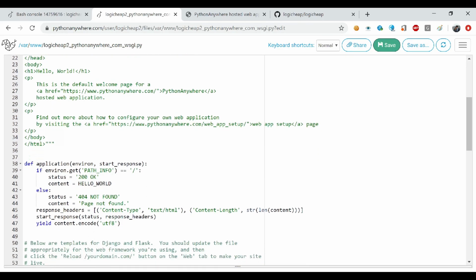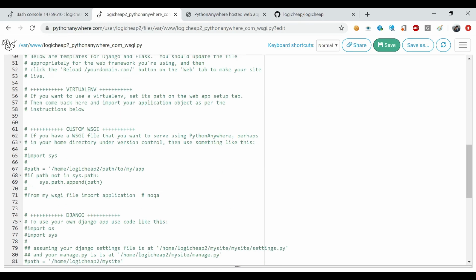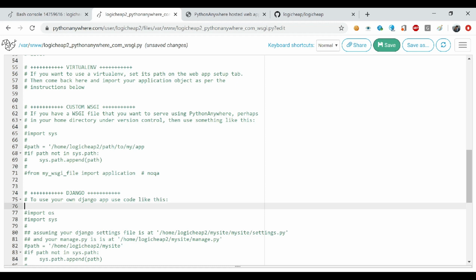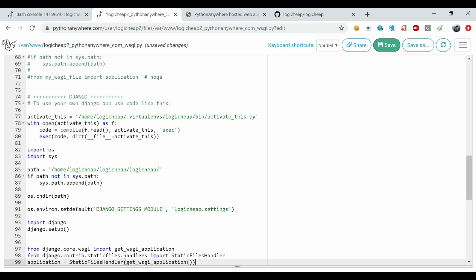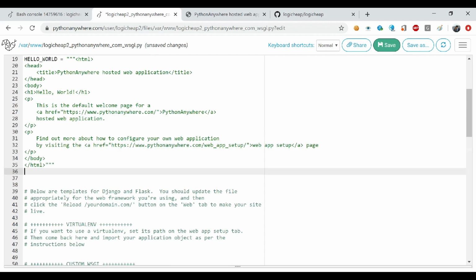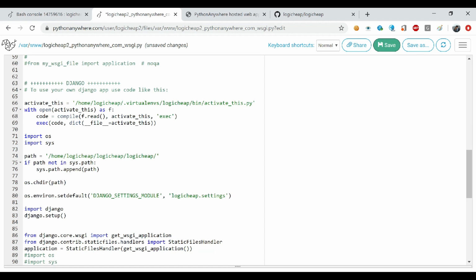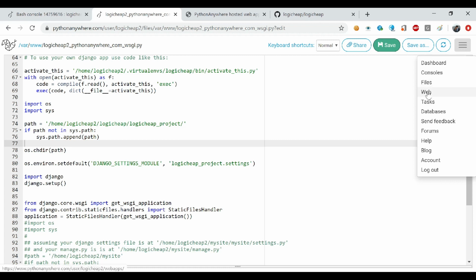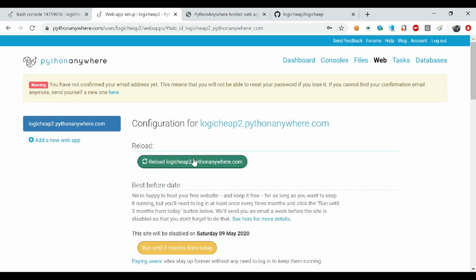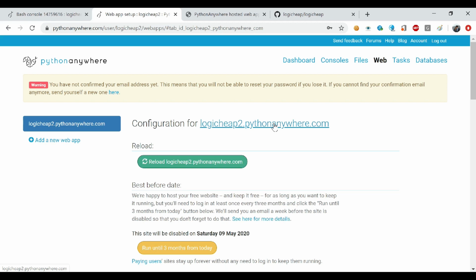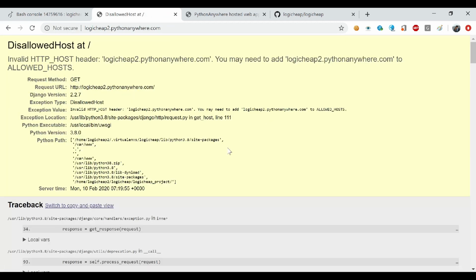Now all the changes that I showed you, we'll copy that content here and I'll comment out anything else that was present in this WSGI file by default. So I have pasted my code now. I'll also comment the code that is already present here, or you can either delete it. So now it's only my code that is written here. Once this is done, let's try to reload the web application. So all the changes with what we have done, we'll try to reload the content and again try to start our website.